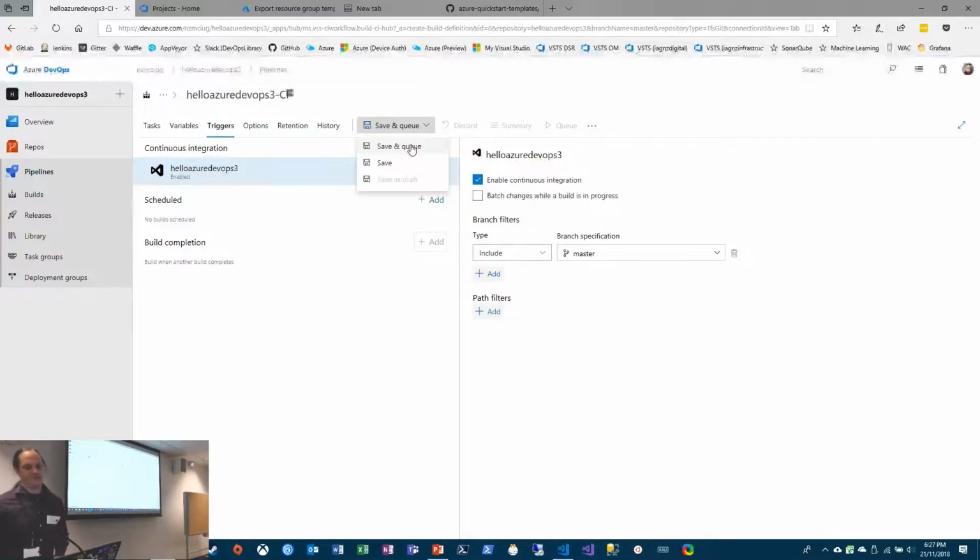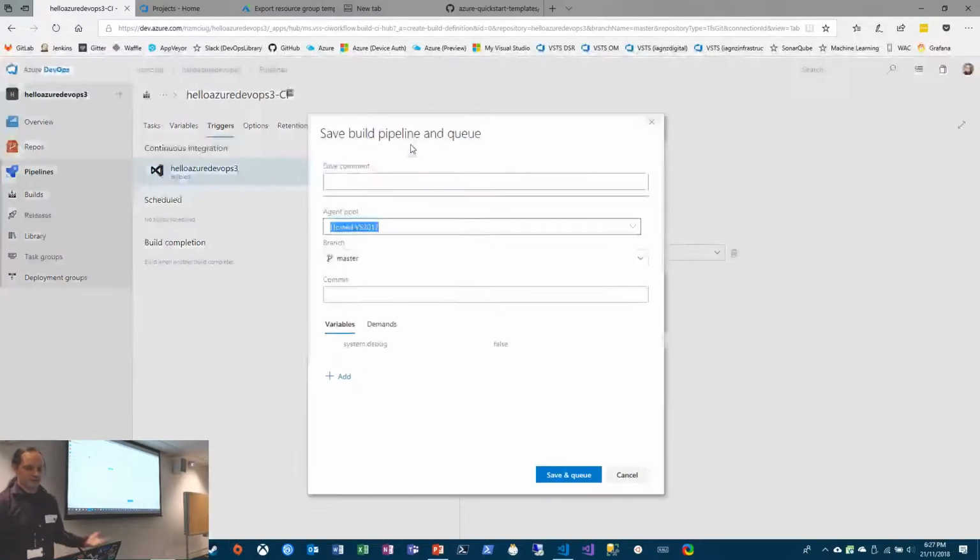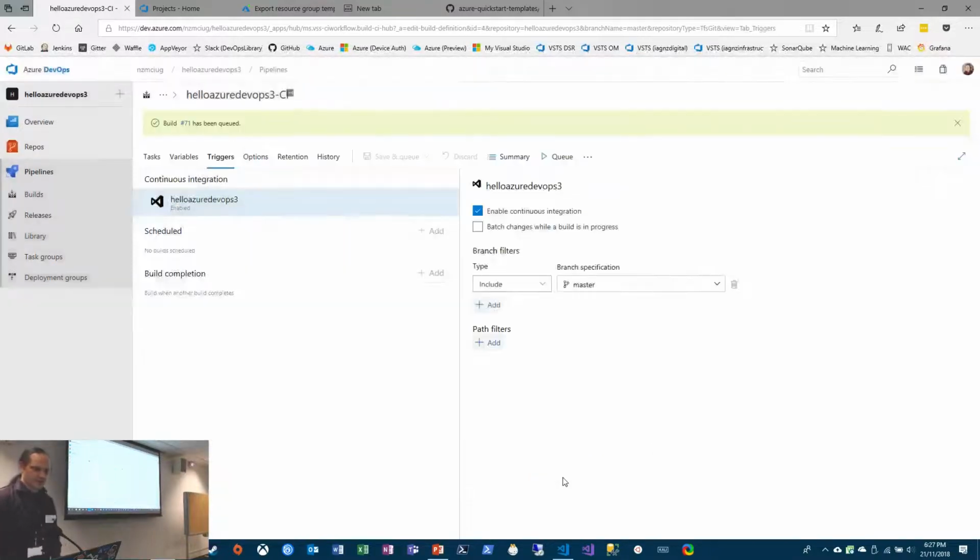What that's going to do is save my changes to this build pipeline, and actually queue this and start the deployment. So we can go and watch this handy little